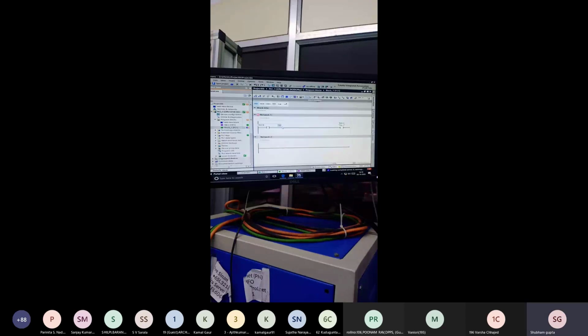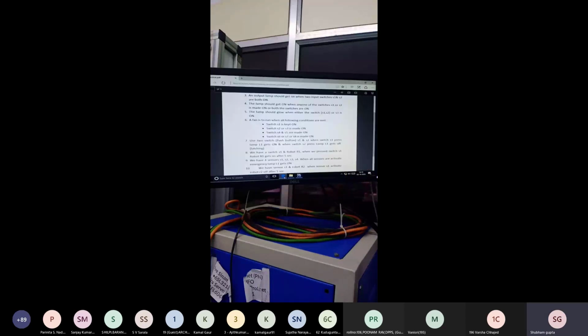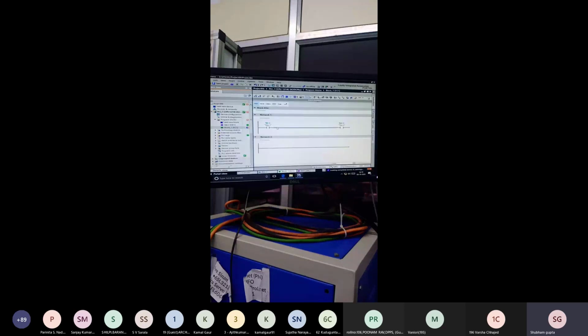So just tell me. Sir, series connection S1, S4, S5 and the remaining switches all in parallel. Okay. See, when we connect R0.0, and either switch S2 or S3 is made on, it means or, so a parallel connection. And all the switch groups are connected in series because all conditions must be met.